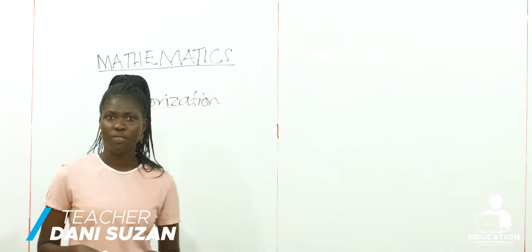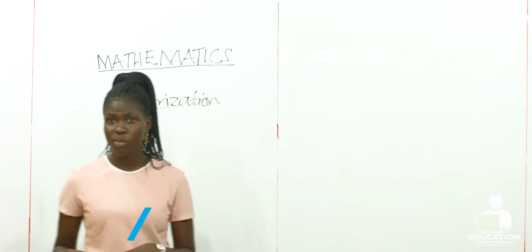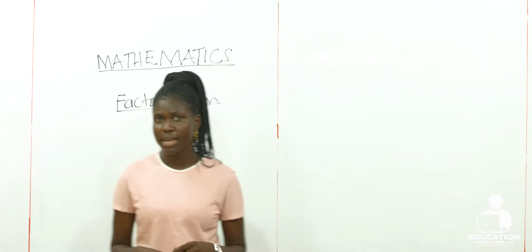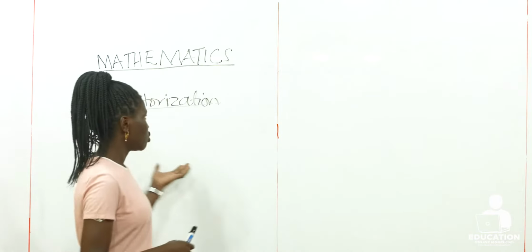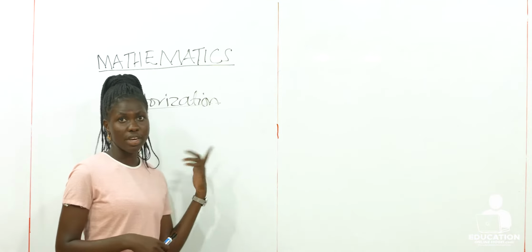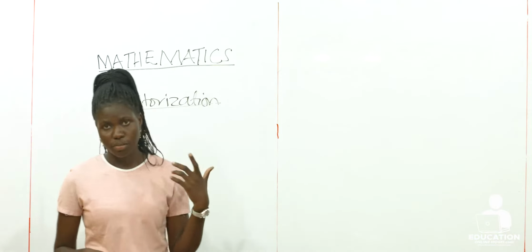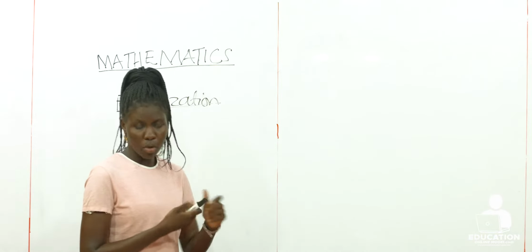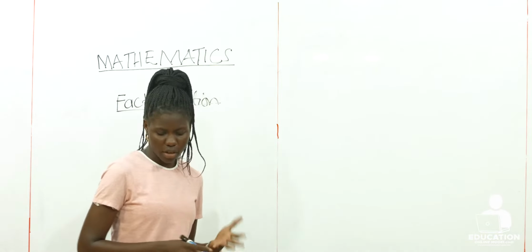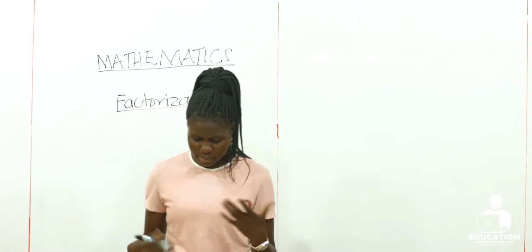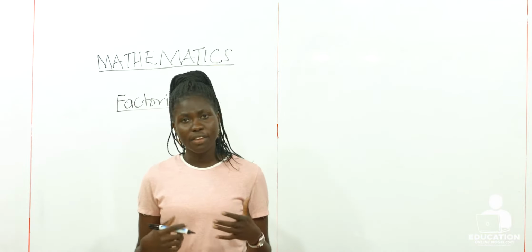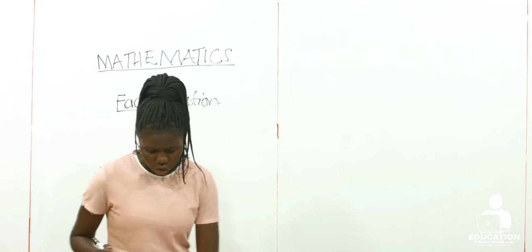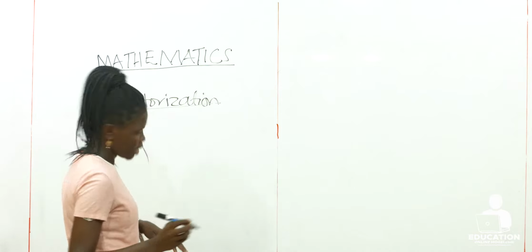Today we're going to continue with factorization like we had it last time, and we said factorization is the process of breaking up expressions into separate factors. With me we're going to have a continuation on examples of difference between two squares. We say difference between two squares is simply an identity which gives us the product of the sum and the difference between two numbers. So we're going to have our first example, which says